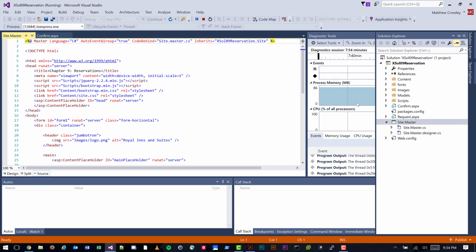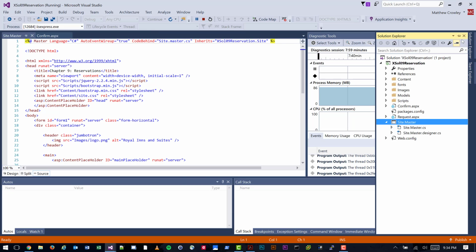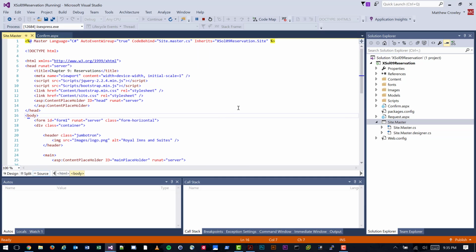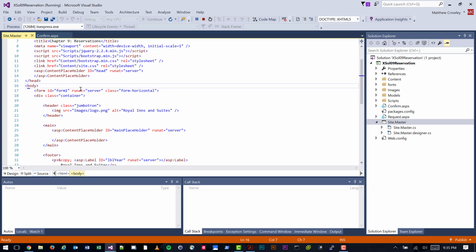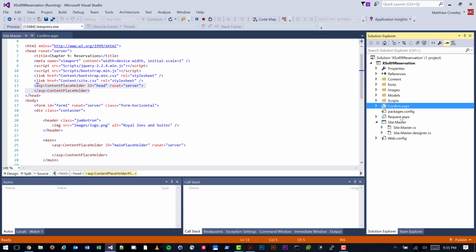So if we look at our master page here, site.master, back into our Solution Explorer, we can see that what we've done is created a content placeholder called main placeholder, a content placeholder in the head of the web page called head, and then here for the confirm and request page,